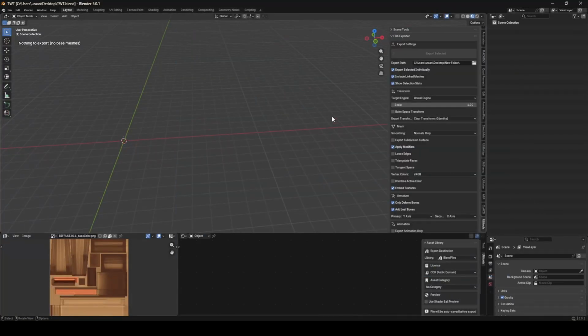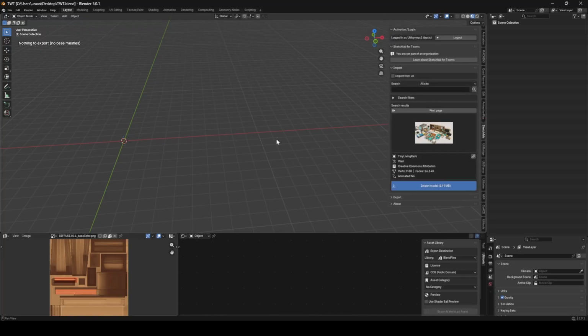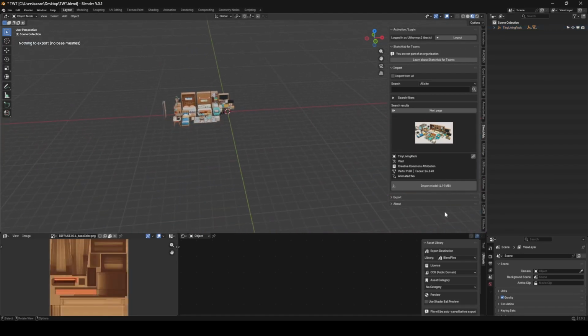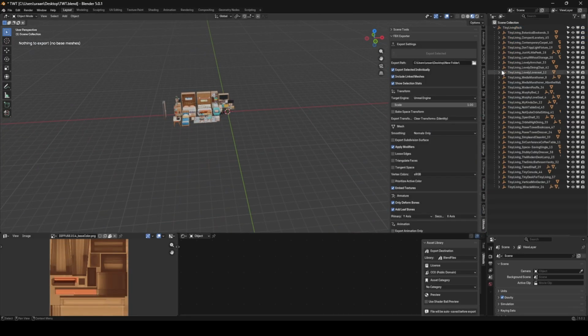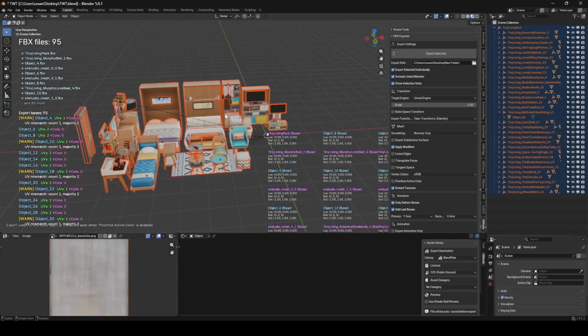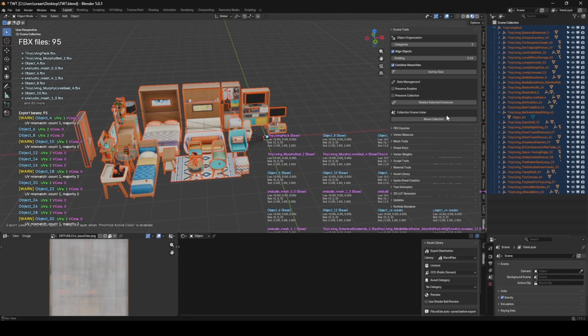So now I'll be showing you how to use the FBX Exporter, and I will use a Sketchfab example for this. This is a good example. I've used it for a bunch of tutorials, and it's good because it's a very advanced example. You have a hierarchy of objects with empties and a lot of stuff. And to export this, you'll have to do a bit of pre-processing, and you can use the scene tool organizer